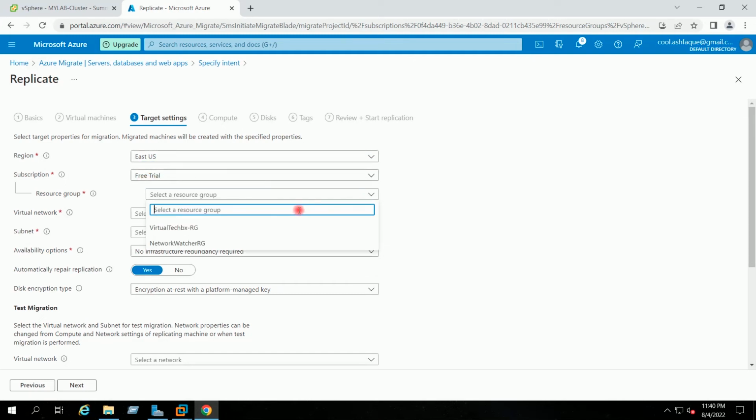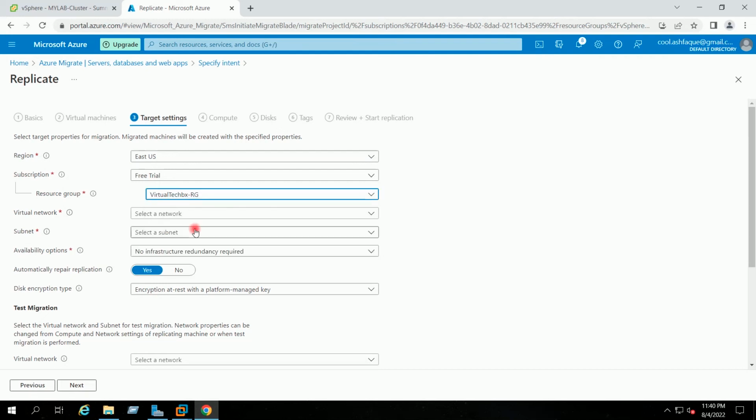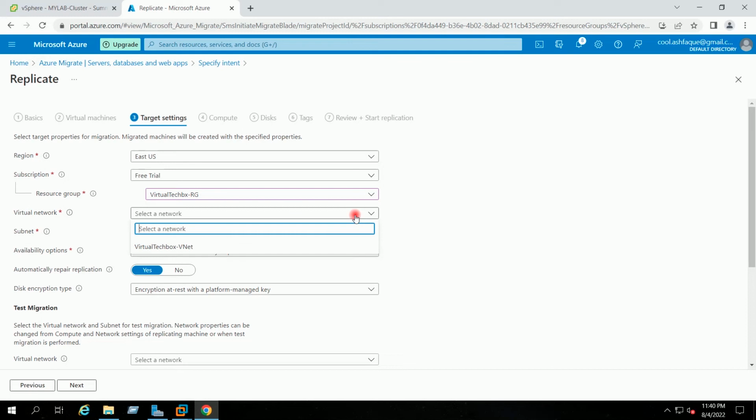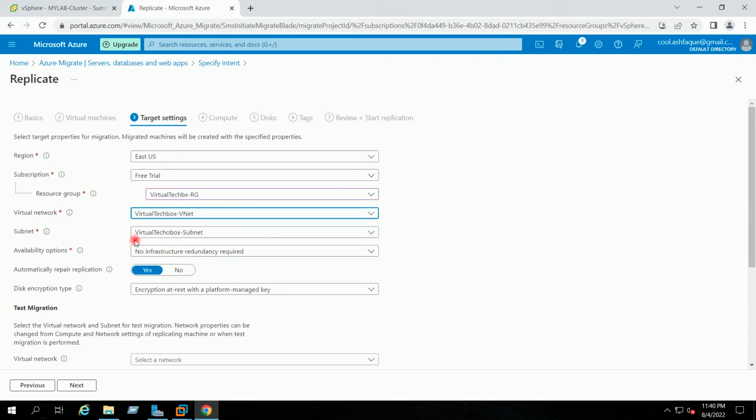Resource group I will select techbox-RG which we had created during the landing zone step. Virtual network I will select techbox-VNet and subnet I will select techbox-subnet.